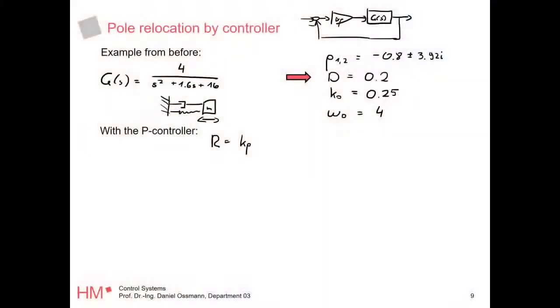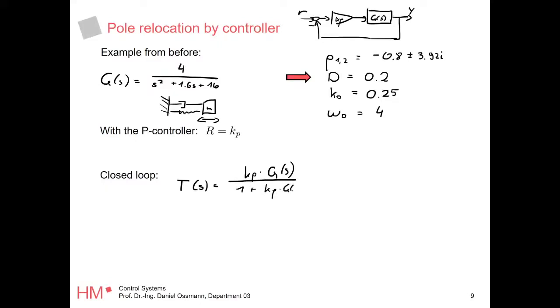Okay, so that's why we simply compute the closed loop. So let's compute the closed loops, the complementary sensitivity. Let's compute R of Y, always the same stuff, right? So we have Kp times G of S over 1 plus Kp times G of S, right? So if you plug that in, you end up with 4Kp